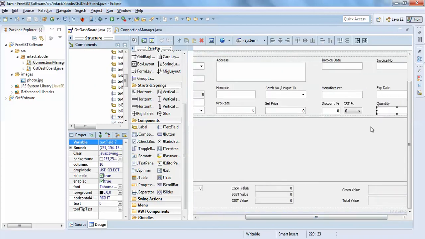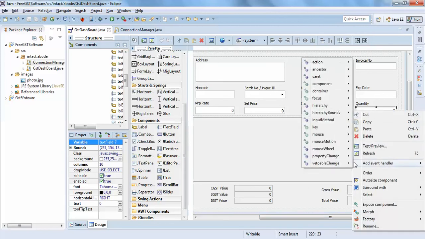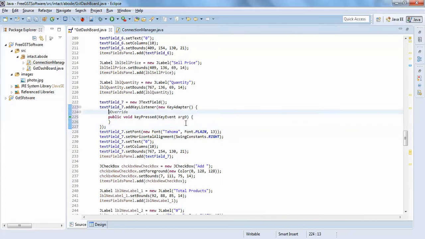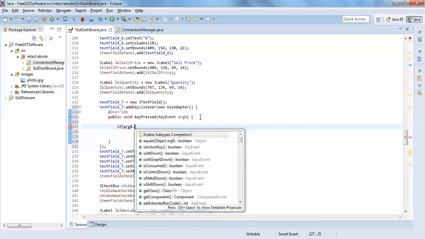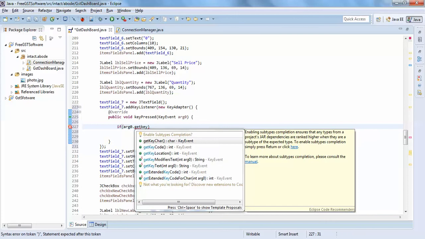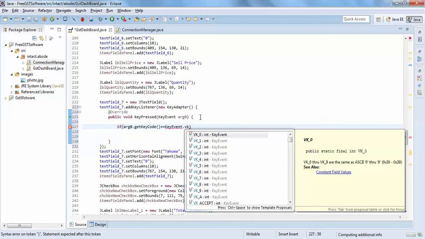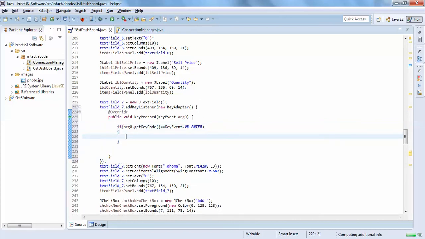So here on the place of entry, I'll just make an action key pressed. Here I'll just make it if arg0.getKeyCode() == KeyEvent.VK_ENTER, right? Then